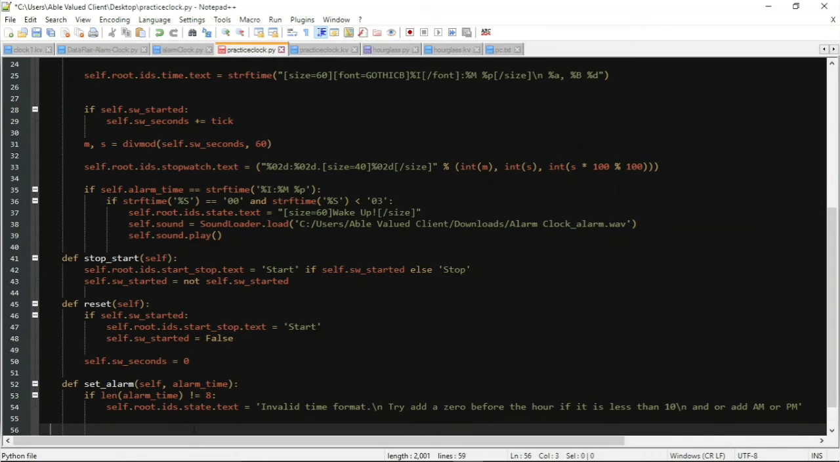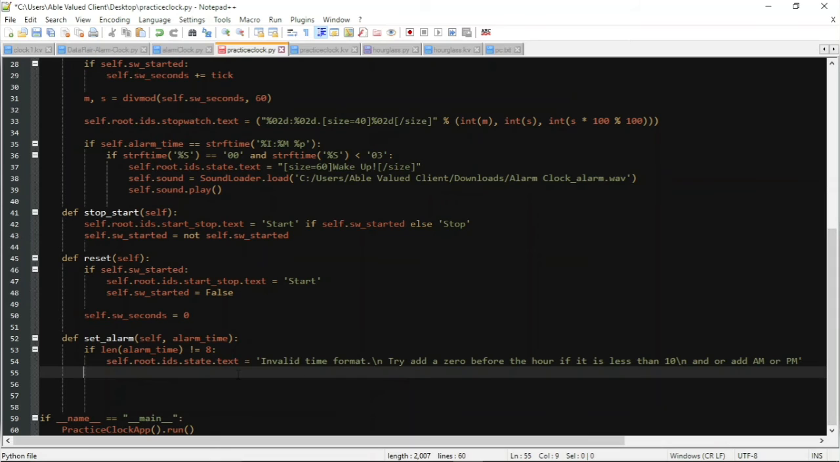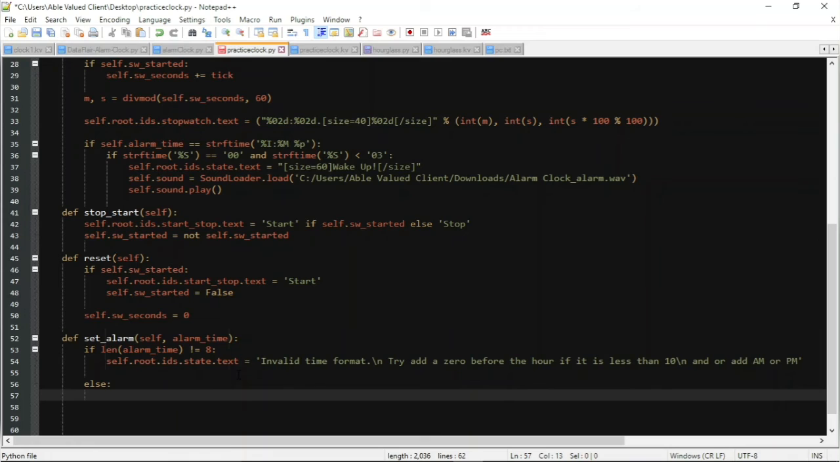And if it's equal to 8, then we have to check something else. We have to check the hour and the minute. So else, we're going to create a new statement in this else statement. If int of alarm time 0 to 2, we're checking the hour now, is